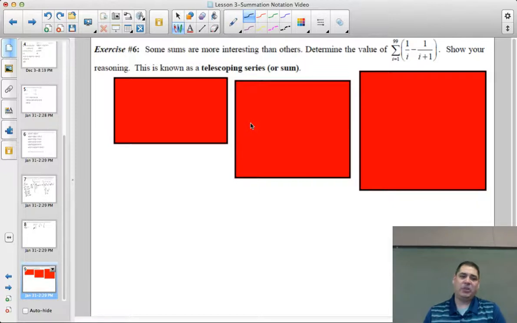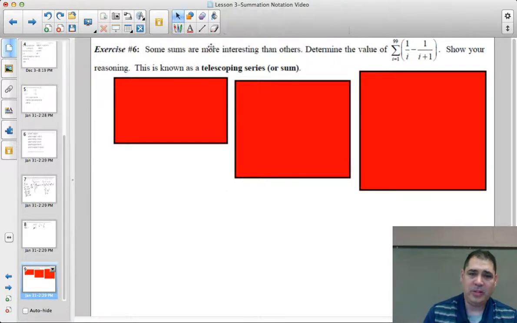All right, last question. Exercise 6. Some sums are more interesting than others. Determine the value of this sum. Tomorrow, like I said, if you remind me, I'll show you how to use the calculator to answer that question. But you're not going to sit there and put 1 in, put 2 in, put 3 in, all the way to 99. That's just crazy. So what you do is